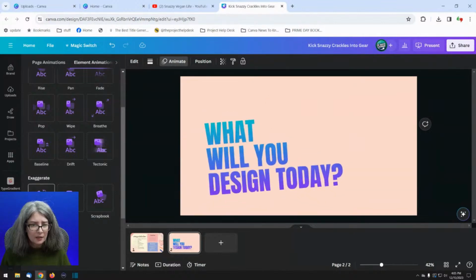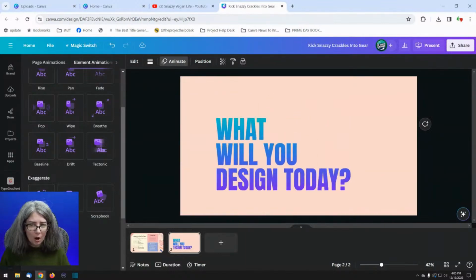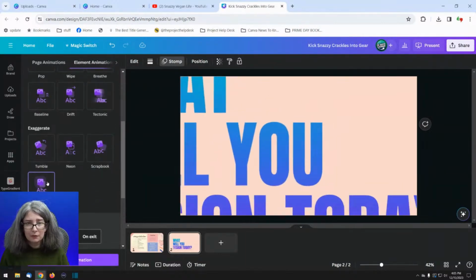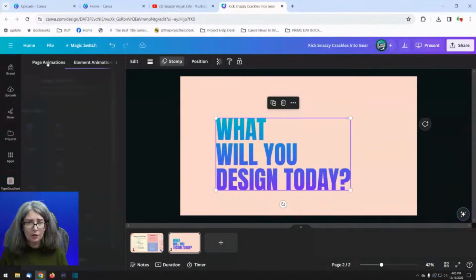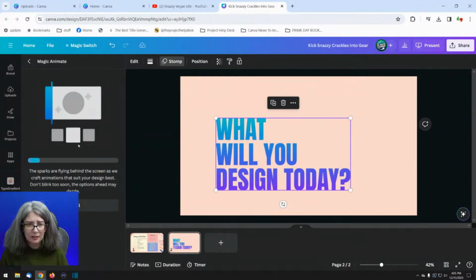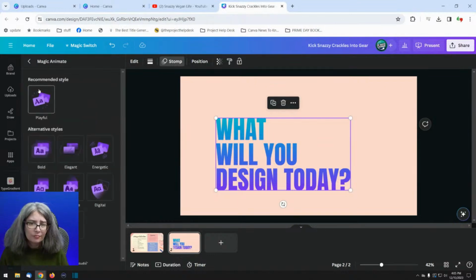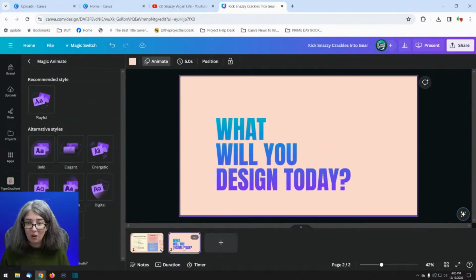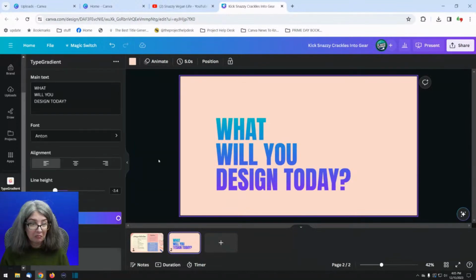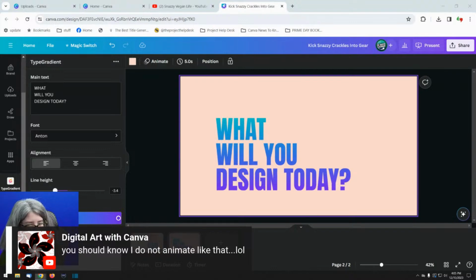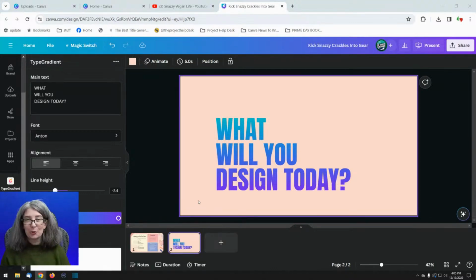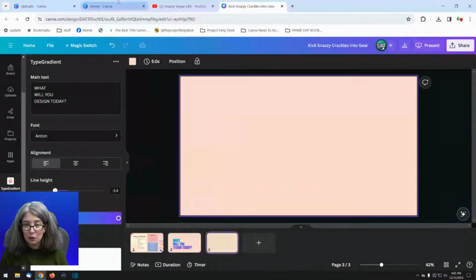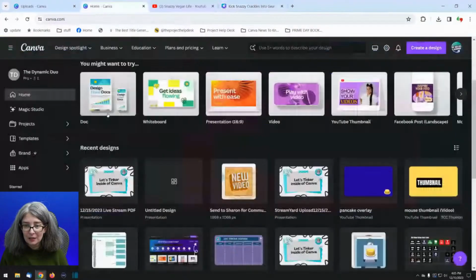Scrapbook, neon, tumble, stomp. I mean, that's where you would go. Or you could do page animations, which, when it's just got one thing on it, it would go on it. I know you don't. She likes to do animations like this. Let me go back to my page. She likes to do animations like this one.